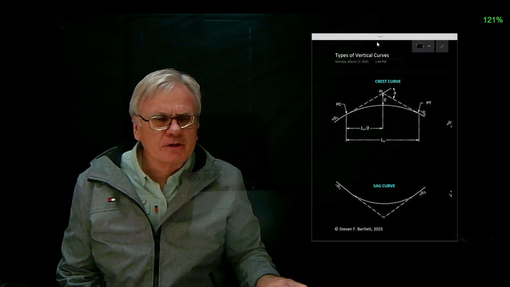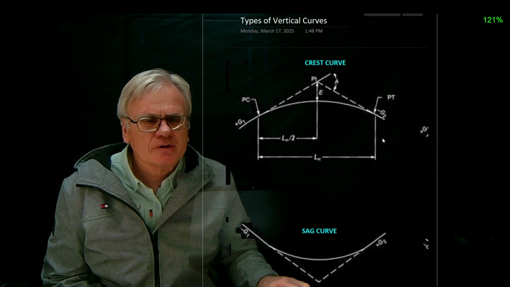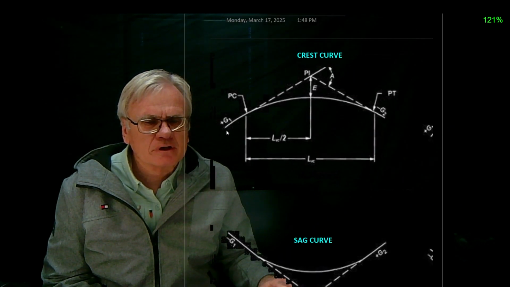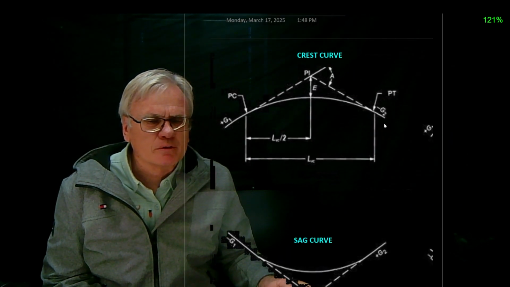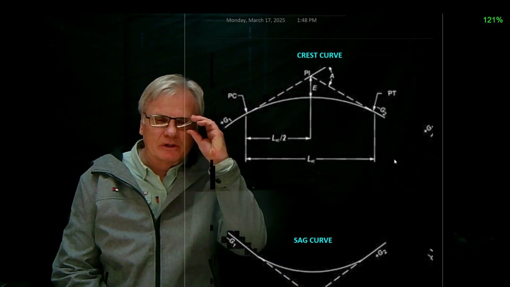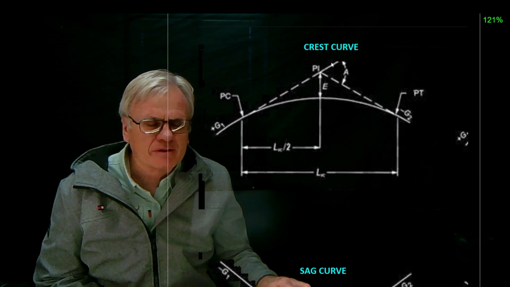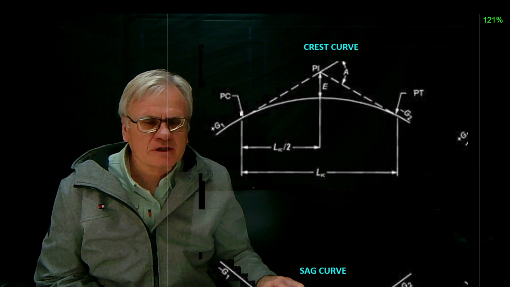So let's get a little bit into the nomenclature about some of these curves. We've created a curve. This is a profile line, a vertical profile grade line here that's going over a crest of a hill. So we'll call that a crest curve because it's cresting over the top of a hill. And similar to what we used in horizontal alignment, we're going to call this point where we deviate from the tangent line, think of this as a vertical tangent line,